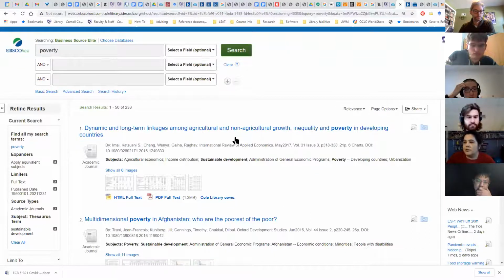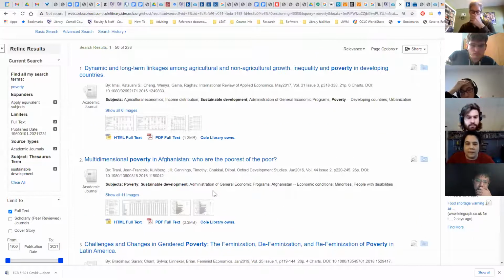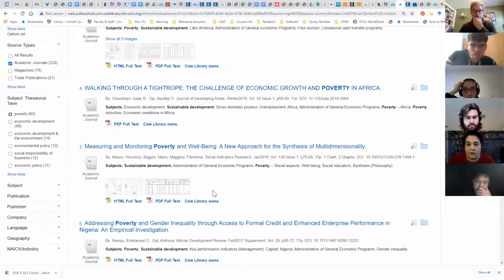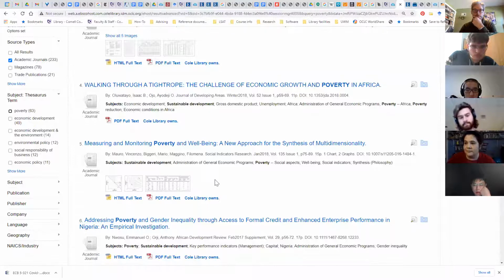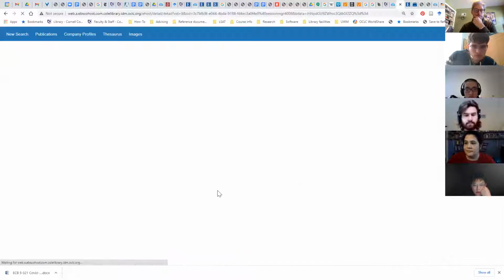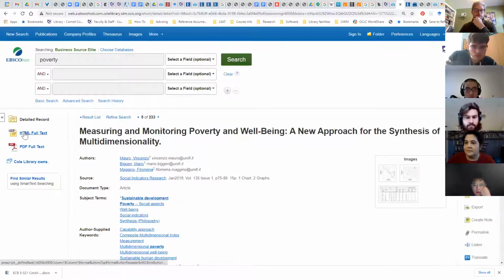As you are searching, if you find one article that you like, you can often use that article to find other articles. How would you do that? How do you think that would work? Usually at the bottom of the article, they cite the sources that they used, so you can look at that.